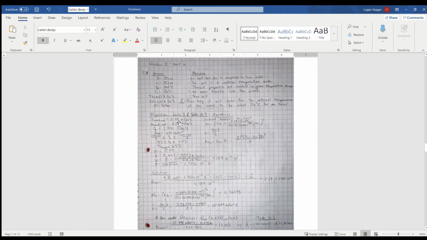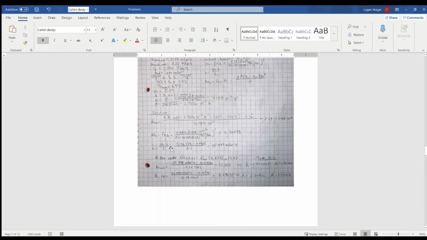So we get all these properties. K wood in the cylinder direction, so in the radial direction, basically cross grain, is going to be this, and the other direction is this, and then we have the CP for the wood and the density of the wood as well, and we have all the properties for the liquid. So using all that, we can find a Rayleigh number. Using that Rayleigh number, we can get the Nusselt number, and then using the Nusselt number, we can get the heat convection coefficient. And that's exactly what we do down here, and we use that heat convection coefficient to get the Biot number, using both of the thermal conductivities for the respective Biots, and then we get these lambdas and